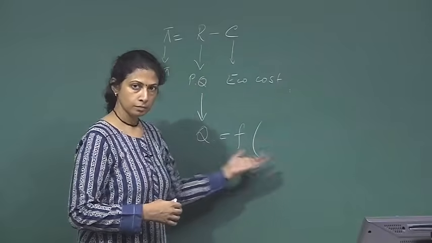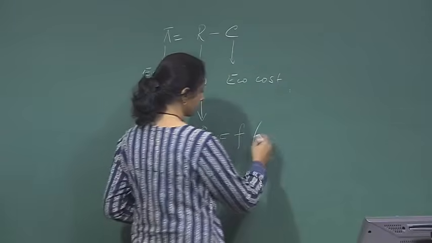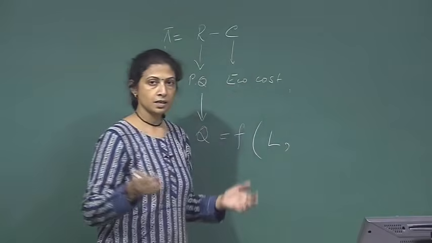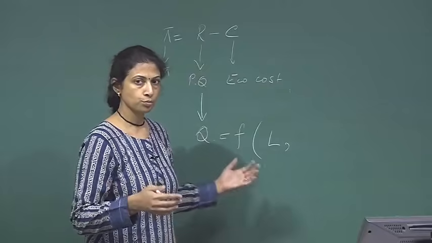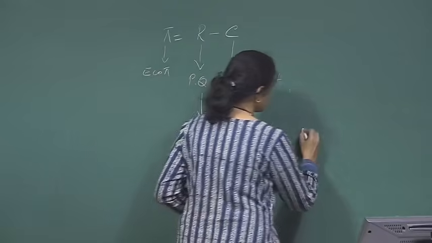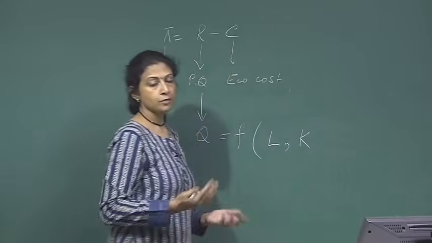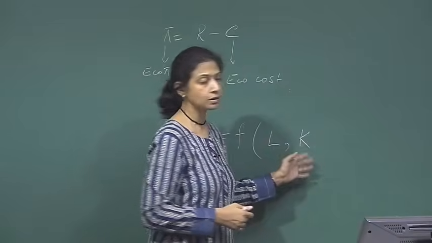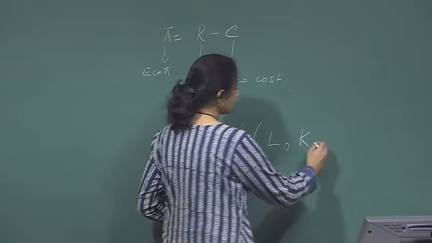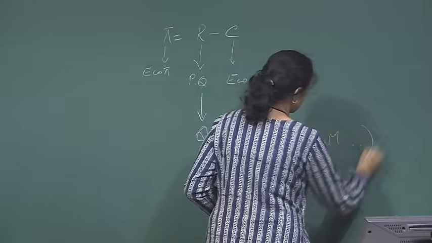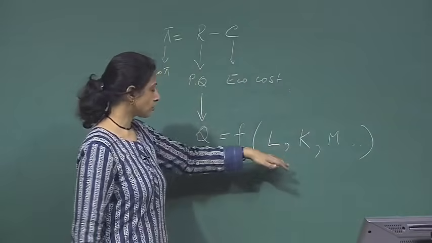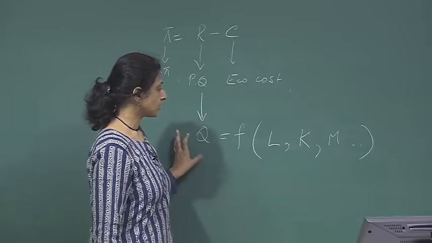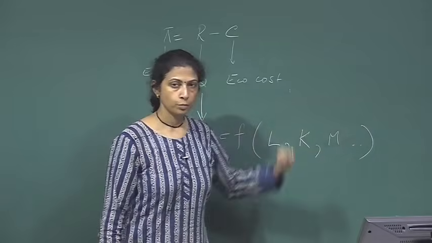People working on the land, so labor. Then the land itself, the amount of land available to grow the mangoes, so we can call that the capital. And whatever machine equipment is used will be included in capital, and raw materials, etc. So these are the kinds of inputs which are going to produce the output. So output is basically a function of a lot of inputs.